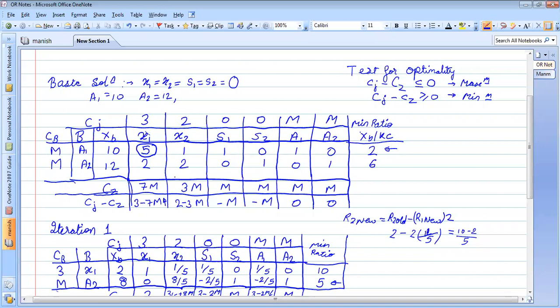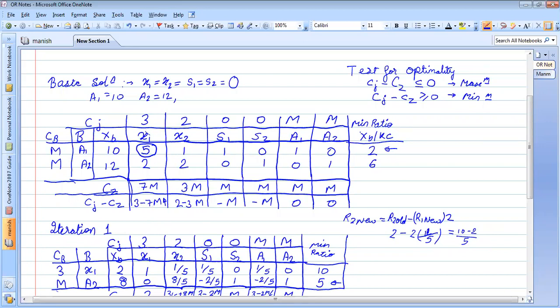Whereas for a maximization problem, whichever was the maximum, that we would include into the problem, isn't it? If you remember from the last class, whichever was having the maximum value, because here it will be minus 7m, so this will become 3 plus 7m. In the last class, this was 3 plus 7m, so the maximum was taken. But for minimization, we will take the minimum value.